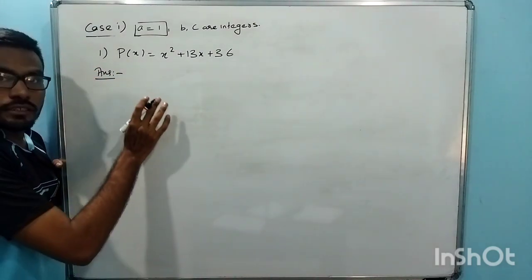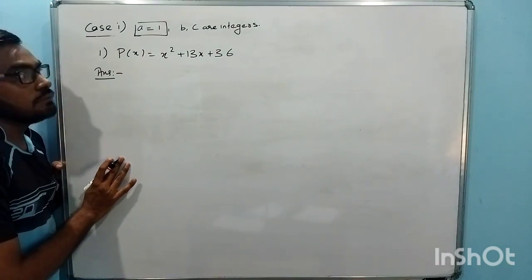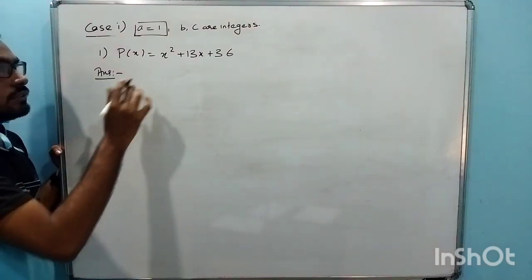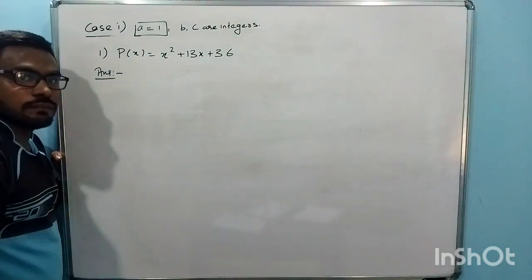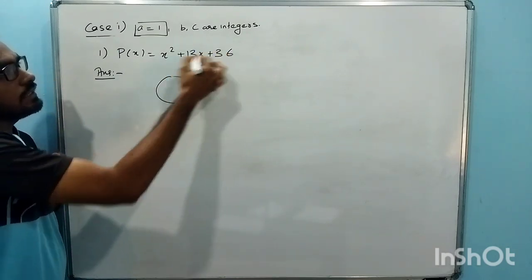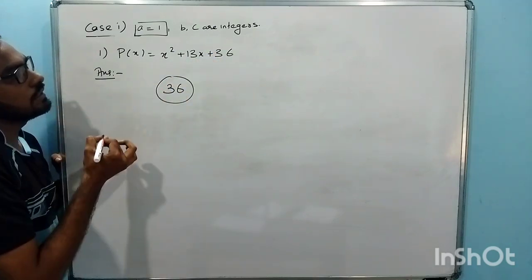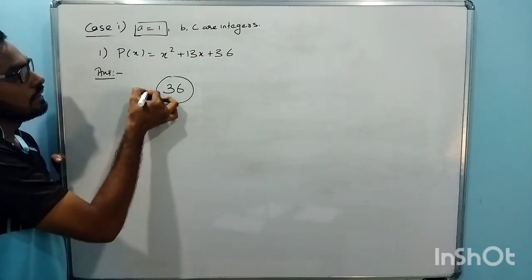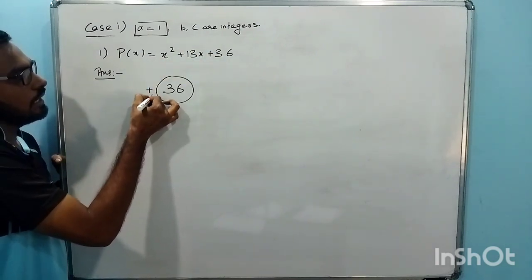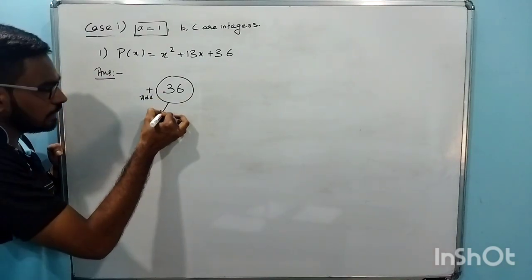To know this, first of all you have to know the splitting the middle term method, which you learned in 9th and 10th standard, at least the starting part of it. So I'll try to explain that. First we write this 36 as it is here. Then here I write this sign plus and I'll write add there. You'll come to know why. Then we draw something like this.